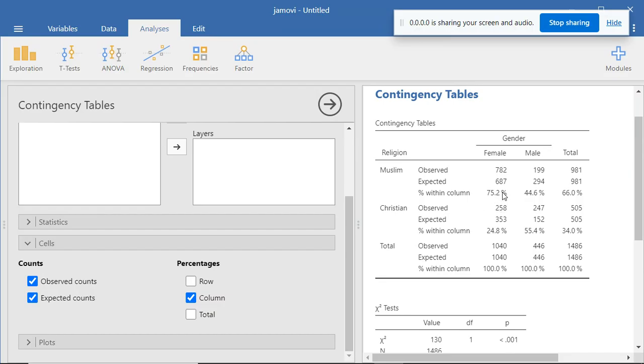75.2% of the females prefer being Muslims in comparison to 44.6% of the males. Again, 55.4% of the males prefer being Christians in comparison to 24.8% of the females. So the contingency table here suggests that there's a significant association between the two variables, religion and gender. You can see that the majority of the females, that is 75.2%, prefer being Muslims, and the majority of the males, that is 55.4%,